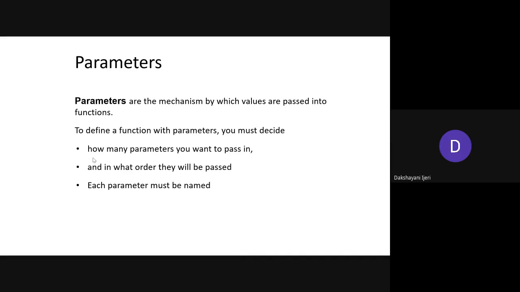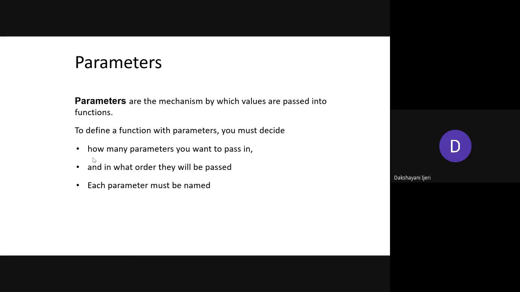So this is definitely going to play a very important role whenever you are writing a function with parameters, right? The order and the number of the parameters between the called function and the calling function need to be the same. The order in which the called function accepts the values, the calling function should have the parameters in the same order, right?